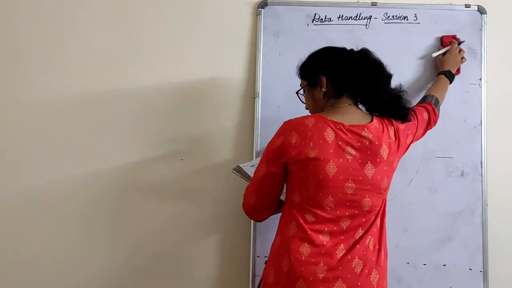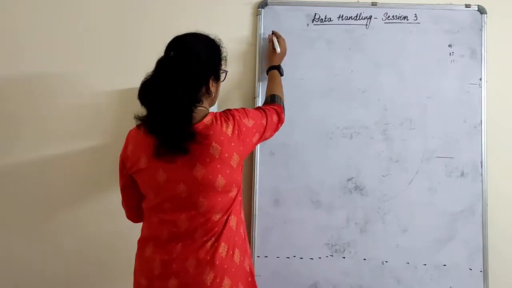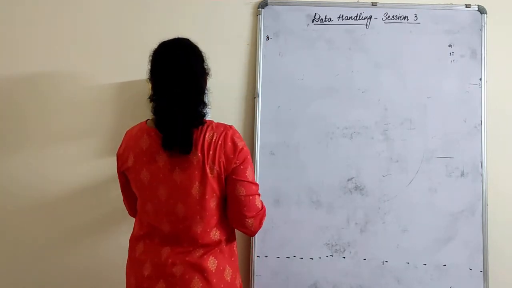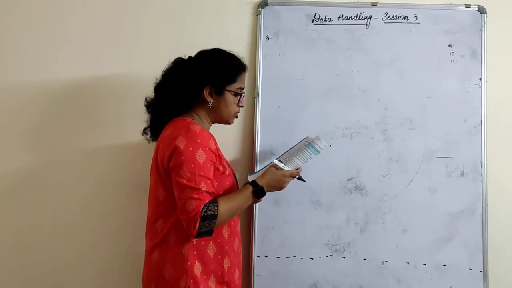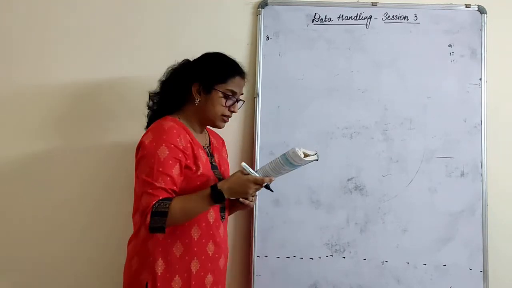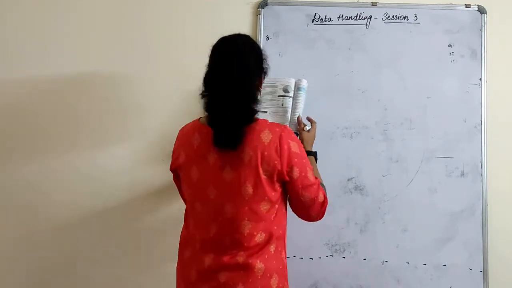Once again, I think I missed another one. Yeah, I missed the third one, children. First we'll finish the third one. Draw a pie chart showing the following information. The table shows the colors preferred by a group of people. I'll mark this for homework. I will just give you the tabular part, what is to be done here.